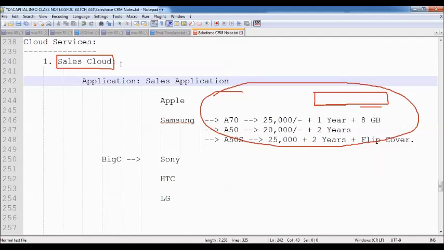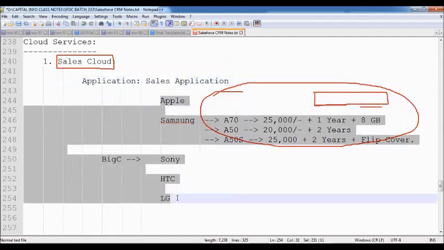Sales is a ready-made application which has been given by Salesforce as part of Salesforce CRM, which contains all the features inbuilt to automate all the sales-related processes. In order to automate all the sales processes which we are following inside the organization, we are using this Sales Application. Ready-made features are available inbuilt inside this application through which we can automate our sales processes. That facility is available over here.